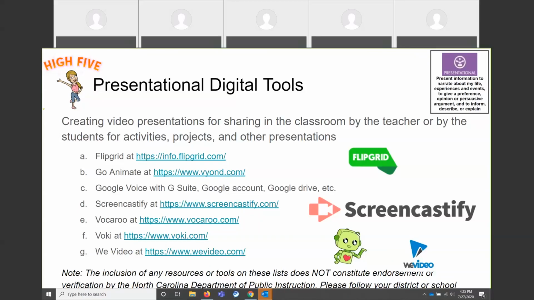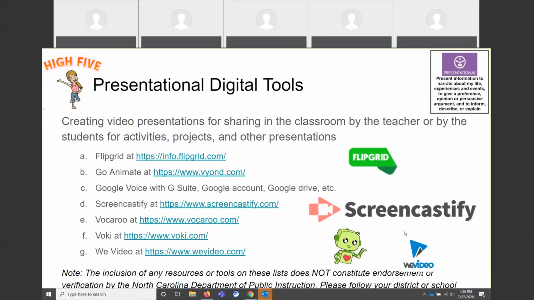Students, when they're working with things, I know they particularly enjoy things like GoAnimate and Voki and Vocaroo, where they have avatars that they get to create and speak and do things like that. As a teacher, I've found Flipgrid pretty useful because you can create all kinds of prompts and then they can create a short video response. And you can put all kinds of stipulations and rules about how you want it to look and how long it can be and all kinds of things like that. So those are particularly useful in the digital platform.